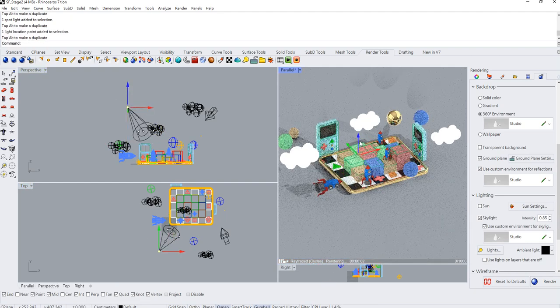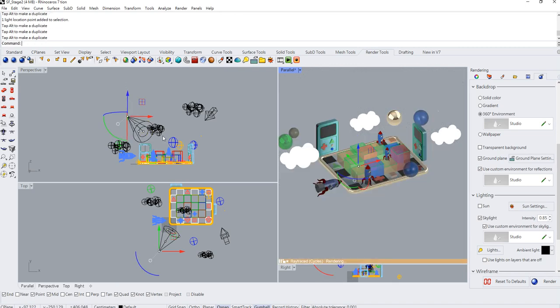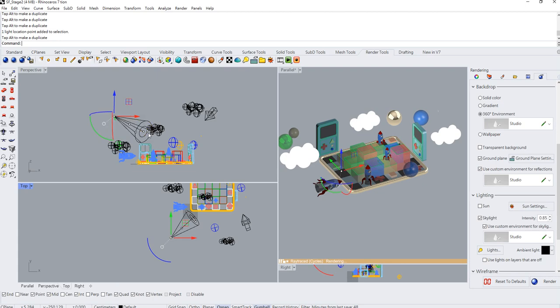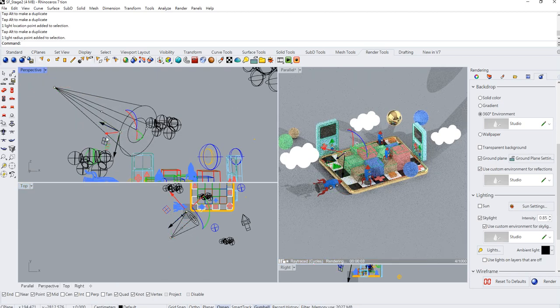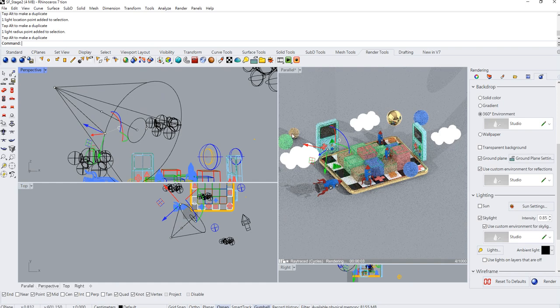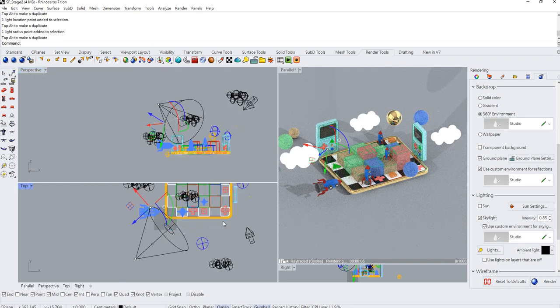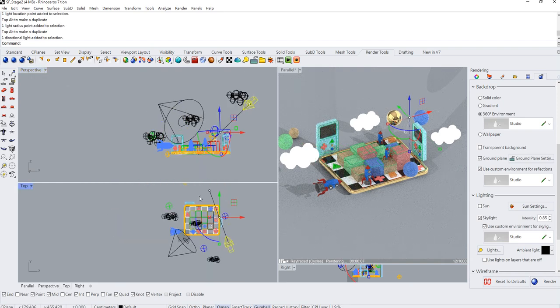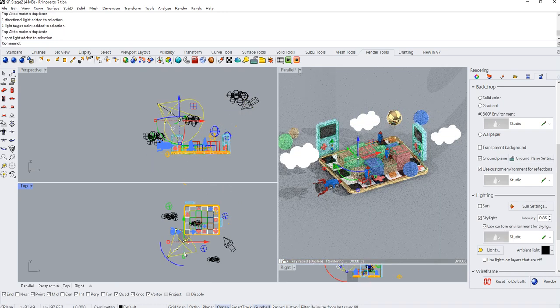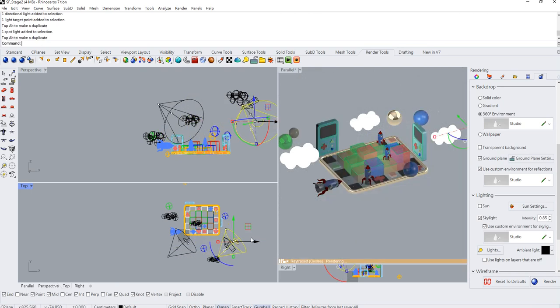Okay, let's move this one down, go to the top view, and also if you choose this one, we can enlarge the area of the spotlight. Usually when we are working on our lighting, I would make 3 lights. This one could be the major lighting, and let's hold on Alt key and your gumball, we can create a second